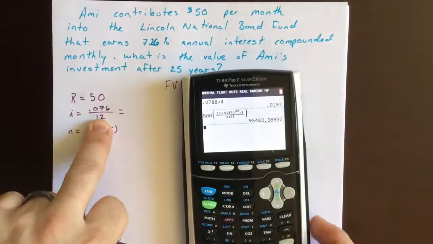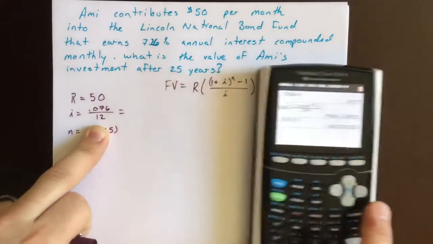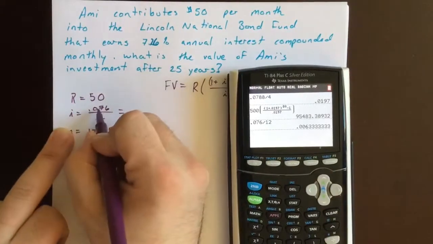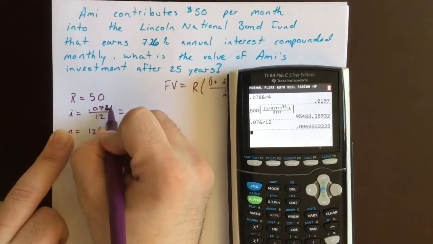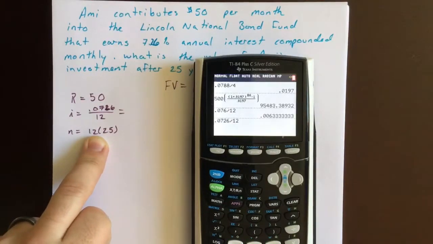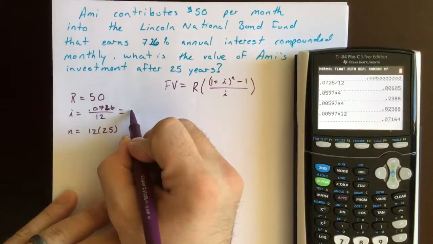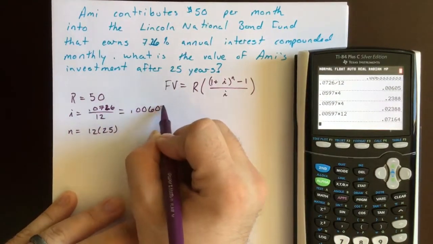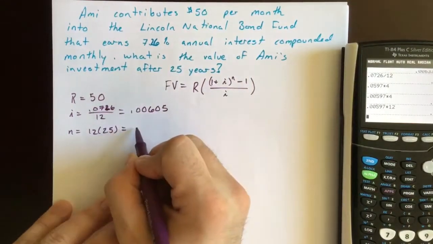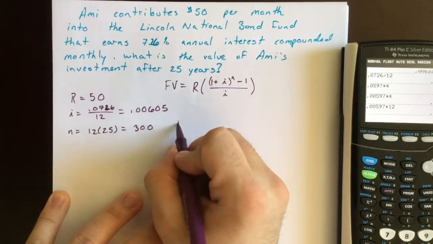So doing this, we get 0.0726 divided by 12. Easy fix. And then 12 times 25 is 300. So placing everything in,